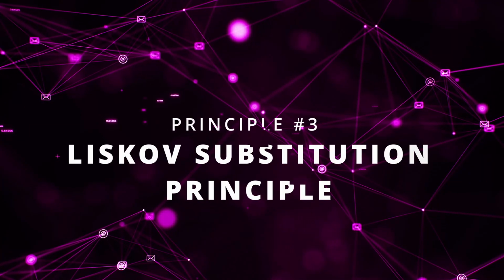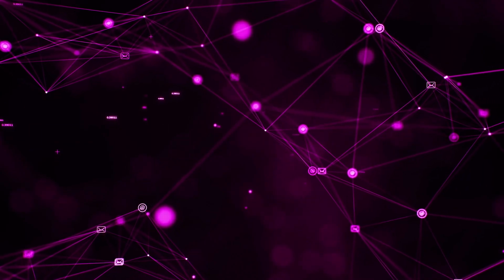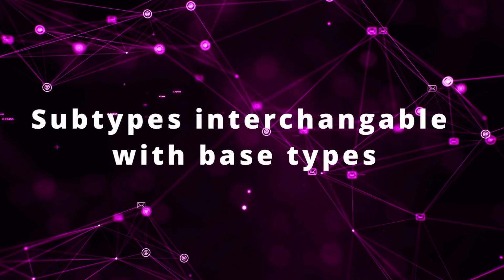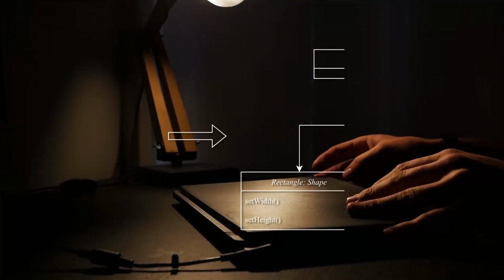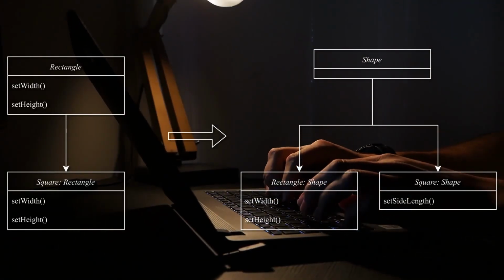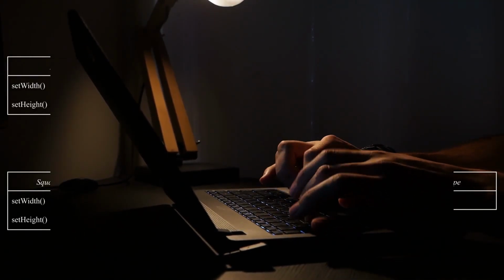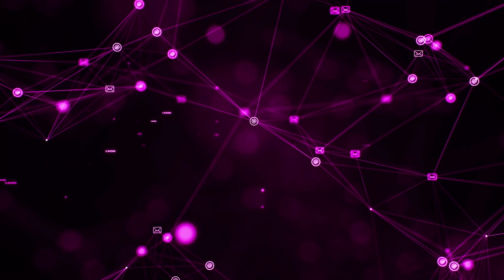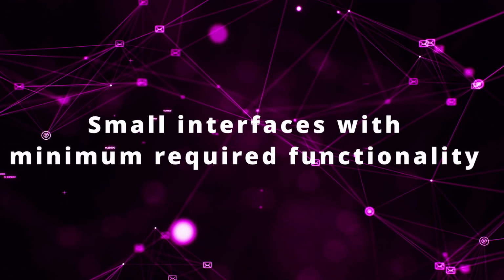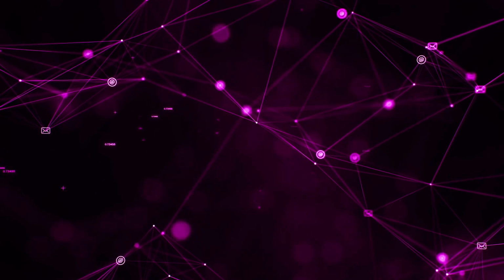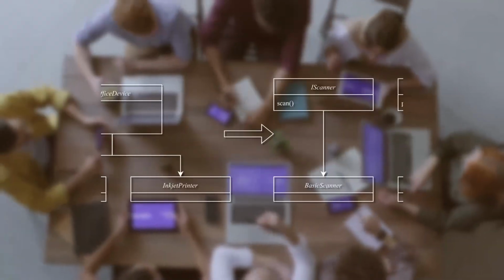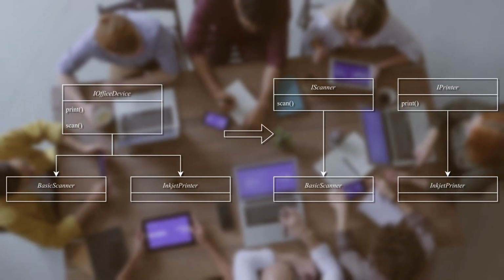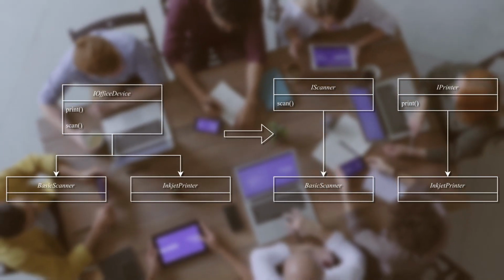without modifying existing code. Liskov Substitution Principle, LSP. Subtypes must be substitutable for their base types without affecting the correctness of the program. In simpler terms, this principle ensures that we can use derived classes interchangeably with their base classes. Interface Segregation Principle, ISP. Clients should not be forced to depend on interfaces they do not use. This principle encourages us to create fine-grained interfaces that are tailored to specific client requirements, avoiding bloated interfaces that lead